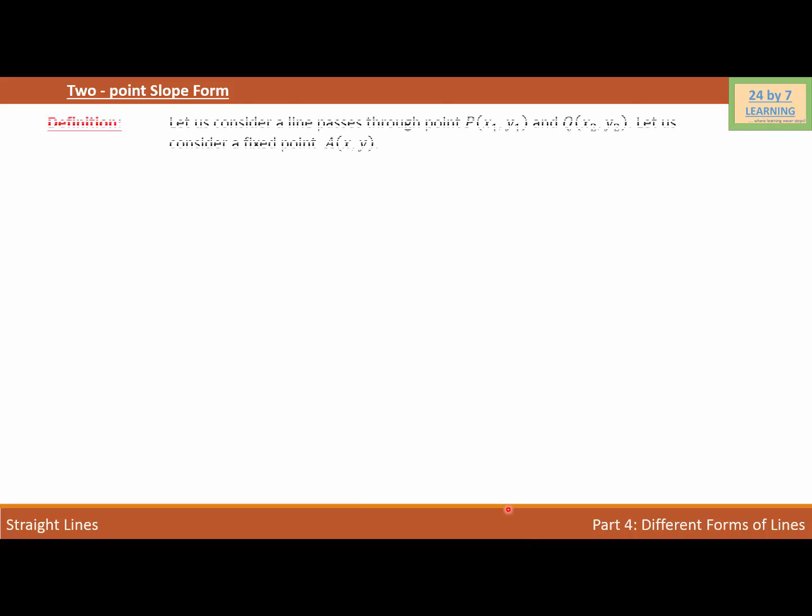2-point slope form. Let us consider a line passes through point P x1, y1 and Q x2, y2. Let us consider a fixed point A x, y. In order to explain the 2-point slope form, I want to graph all this information